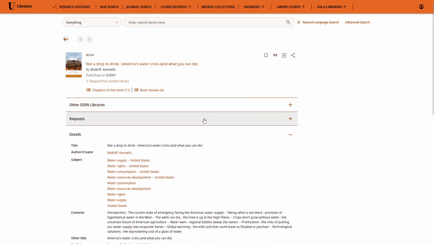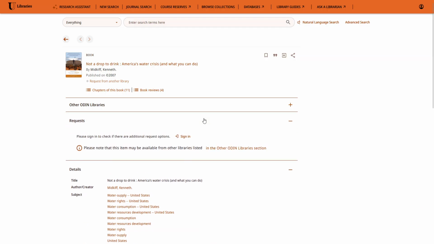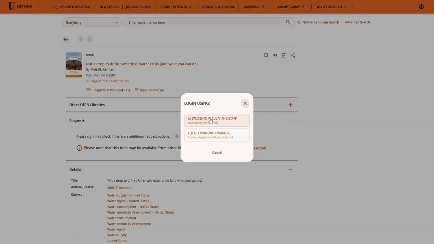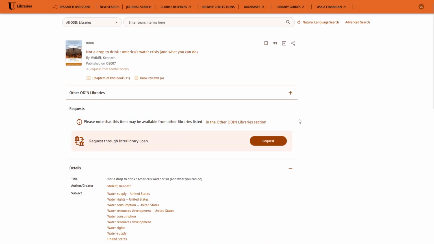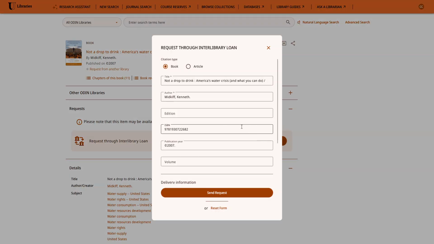However, if we do want to request this book, we're going to click on sign in. We're going to then click on that UJ students, faculty, and staff option. You'll then log in with our familiar UJ sign in. And once it does, we'll be prompted to instead request it through interlibrary loan with this orange button. So click on that. And what it's going to do then is redirect us and show us